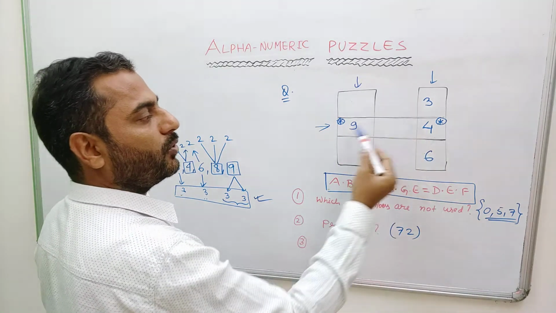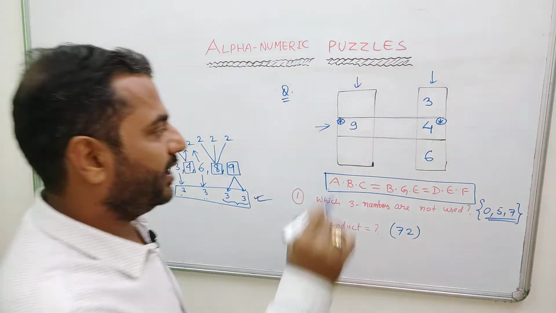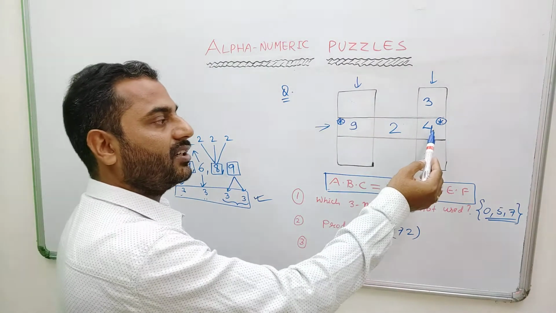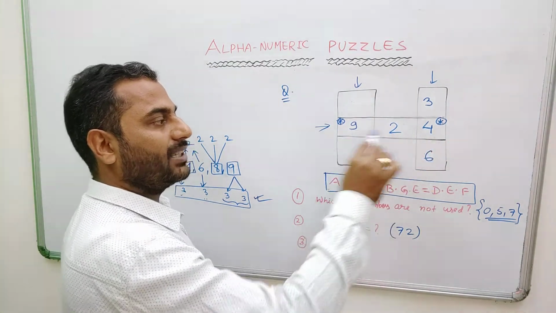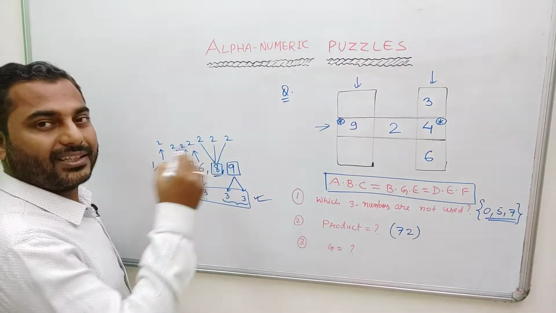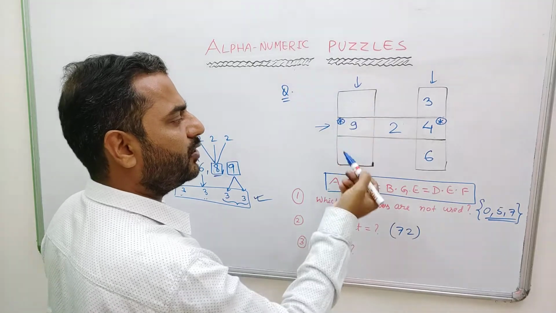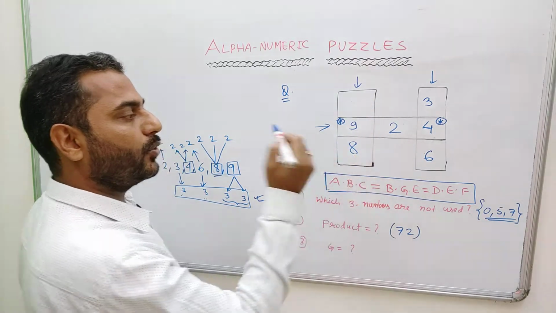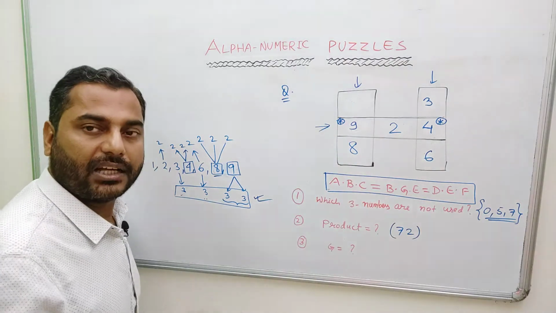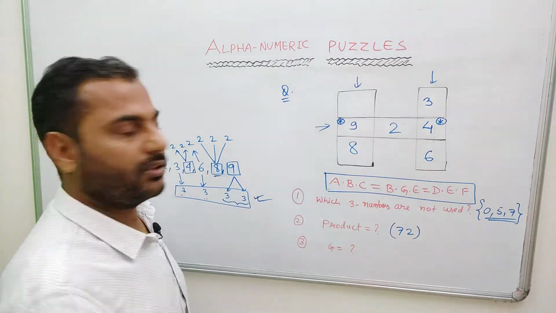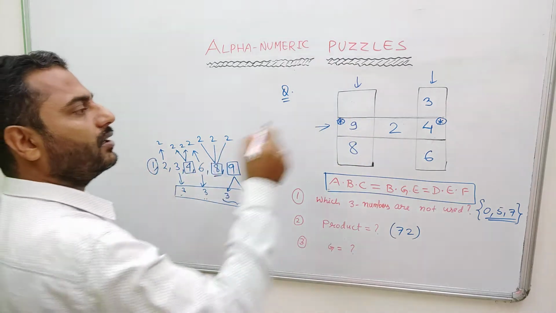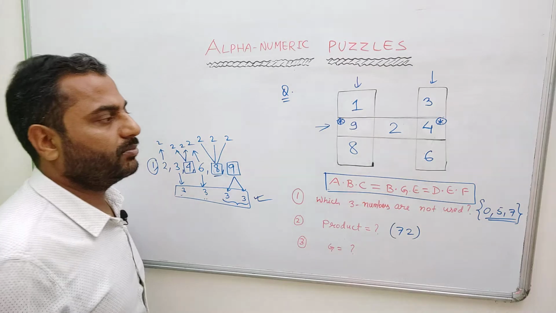Now 9 into 4, look at this, 9 into 4 is 36. It means if I put a 2 here, that will make the product 72. Also, since there are 2 times 2s and 1 time 2, that will make 3 times 2s. And I am left with only 1 8, which is having 3 times 2s. So I can put it at any of these places, and that will make 9 into 8 equal to 72. So the product is constant, as well as 8 means 3 times 2. So the number of 2s is also distributed. And this place which is empty, I can put 1 here without making any difference in the products, right?